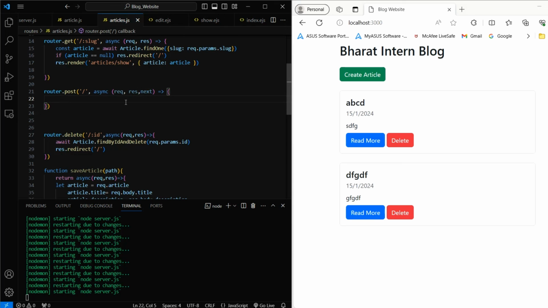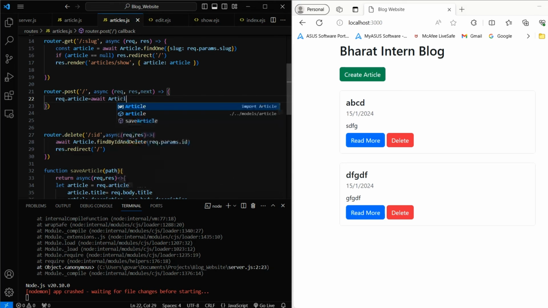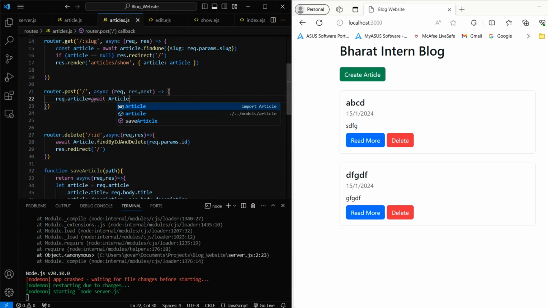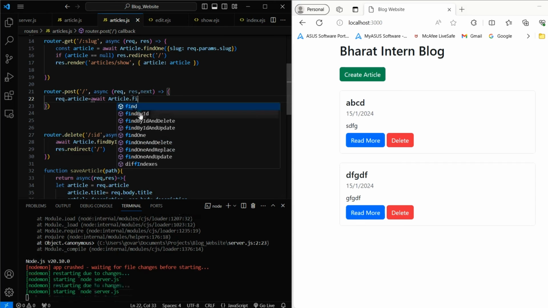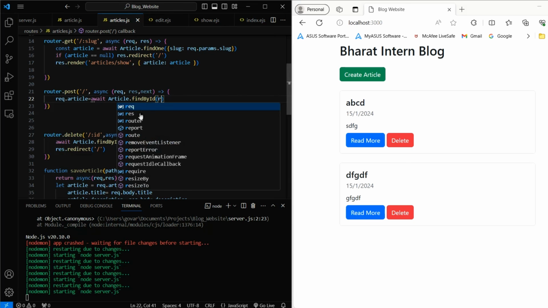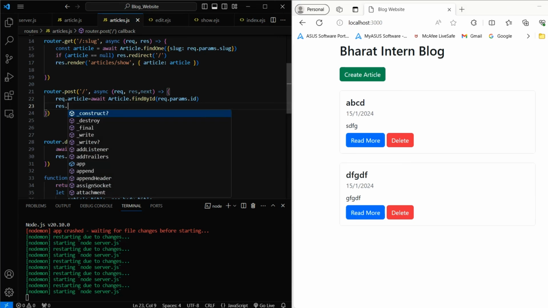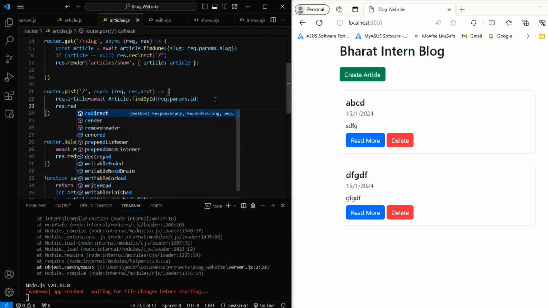Inside this I'm going to create request.article equals await Article.findById, and here I'm going to pass request.params.id. Next I'm going to redirect, response.redirect,